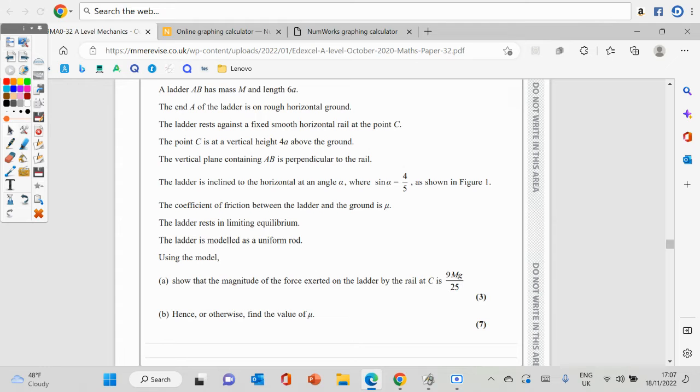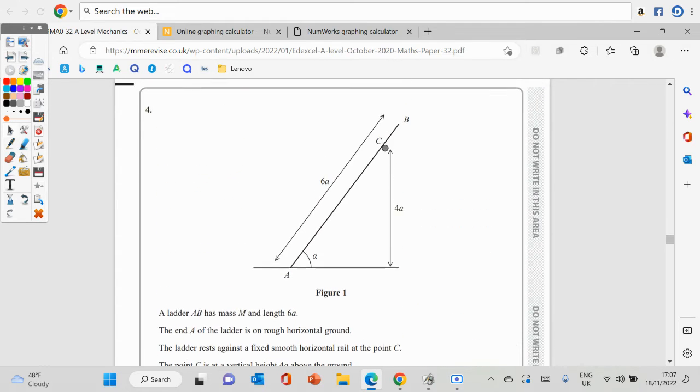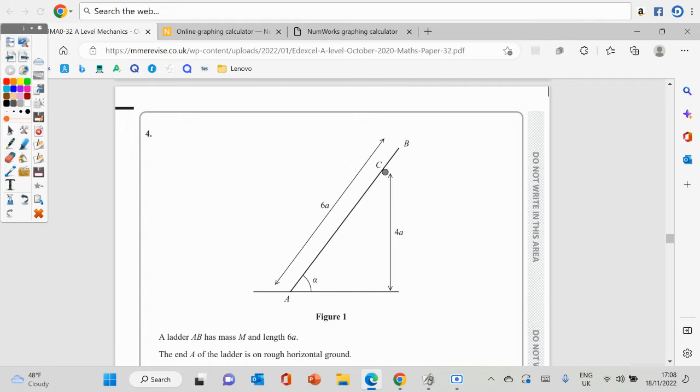Okay, this is not so bad, because I can do it two ways, really, with these questions. There are many methods in the mark scheme for this. I'm going to jump in with the method I usually do with these, which is, first of all, to break the question down into parts. So I'm going to have the weight of the mass at M, so this would be mg. I've got my frictional force, I've got my normal reaction from the floor. I've also got the normal reaction at C to deal with,